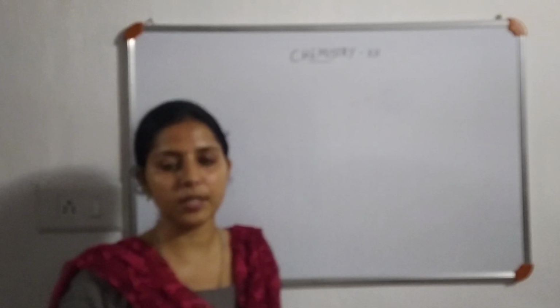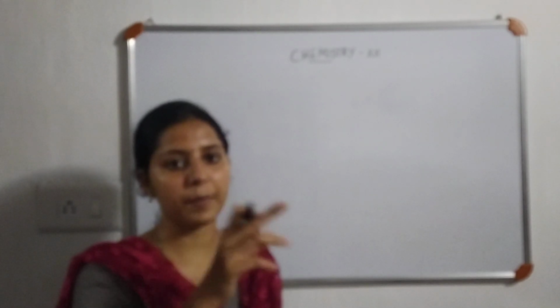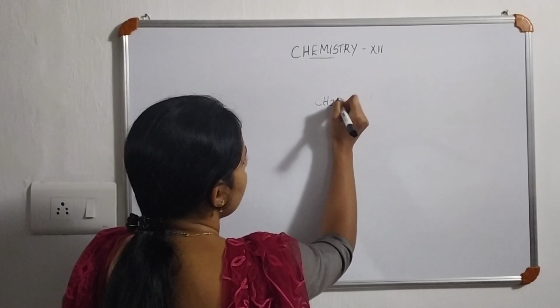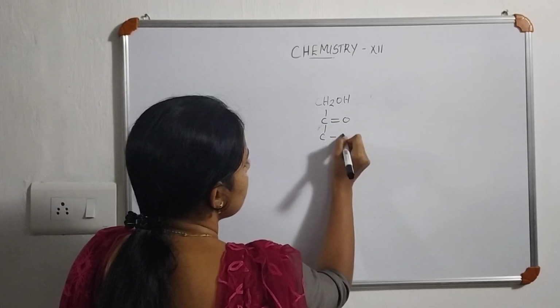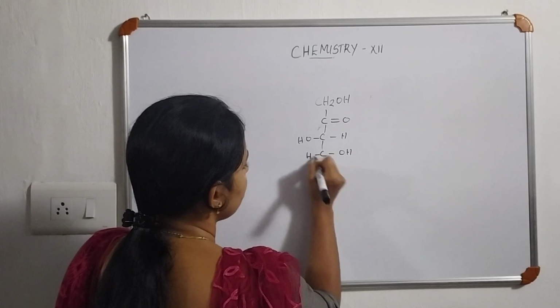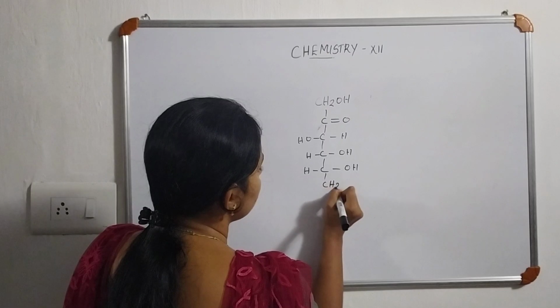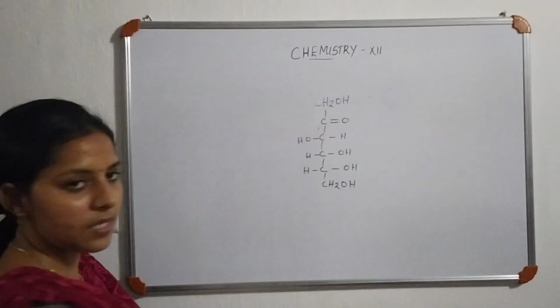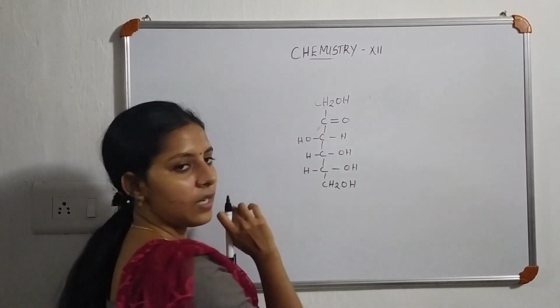Similar to that of glucose, this fructose also forms a cyclic structure by the OH group at the fifth carbon combining with the CO group at the second carbon. So CH2OH, CO, CHOH, COH, H, COH, H, CH2OH. This is the open chain structure of fructose, and this OH group at the fifth carbon combines with this